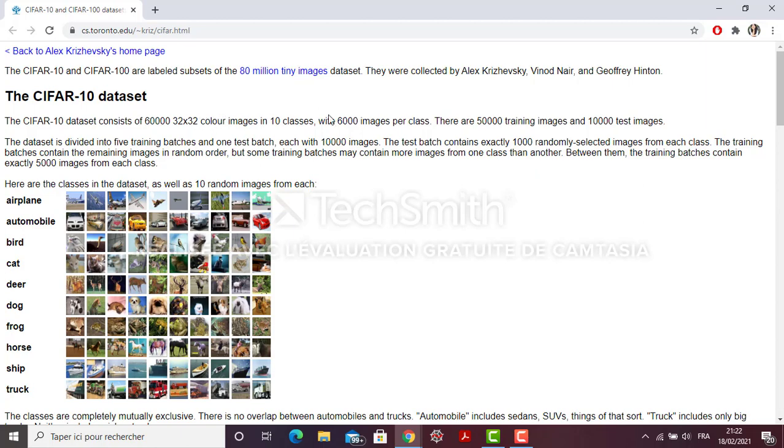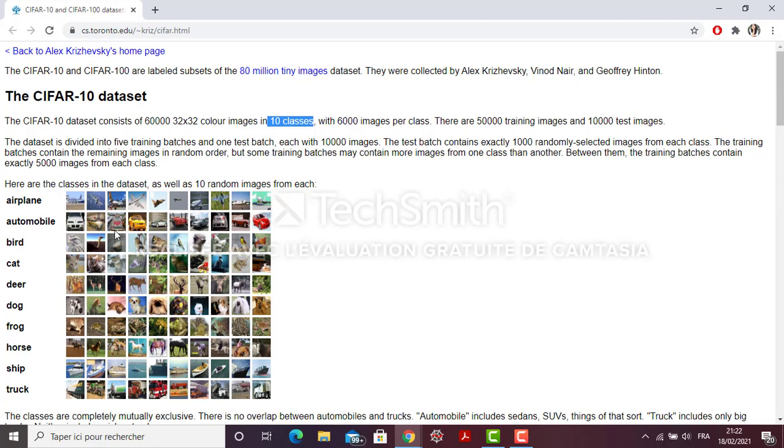Then we have 10 classes. The classes contain, for example, birds, cats, dogs, frogs, etc. So we have different types of objects in these images. We have 50,000 training images and 10,000 test images.